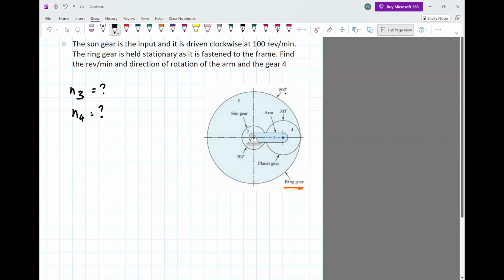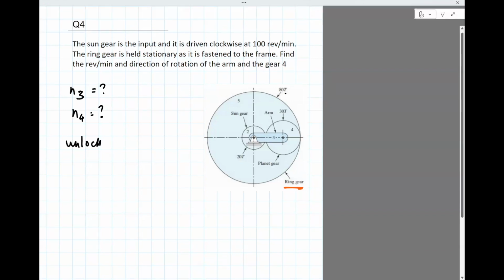To find the direction of rotation, what you do is the following. The ring gear is locked; let's unlock it. I'll write it down: unlock ring gear, lock arm 3. This is a procedure you'll use to figure out the direction of motion. So if you lock arm 3,